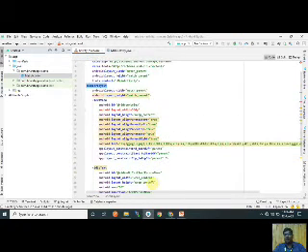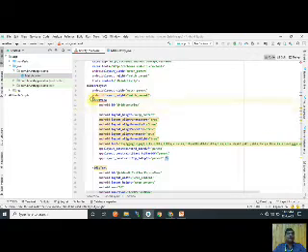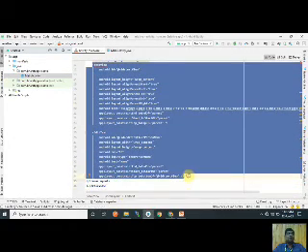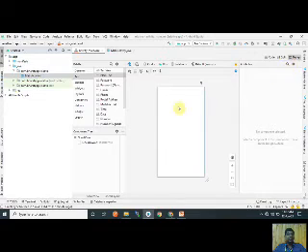Okay, now match parent is not working, because it is a property of constraint layout, so I insert the element again. Now this is the scroll view. Now I insert the text view here.